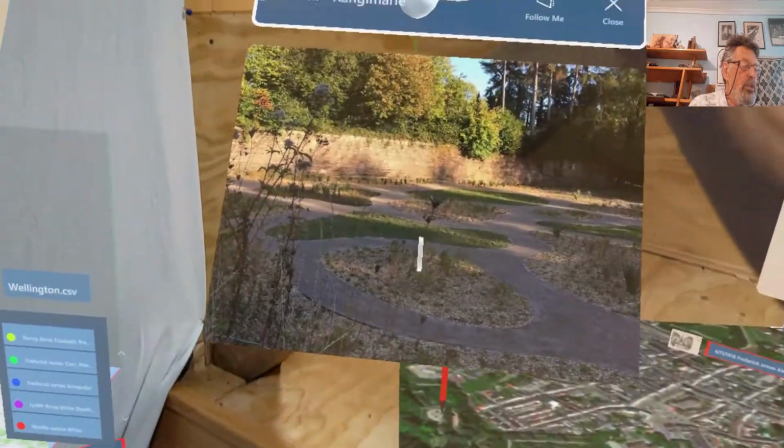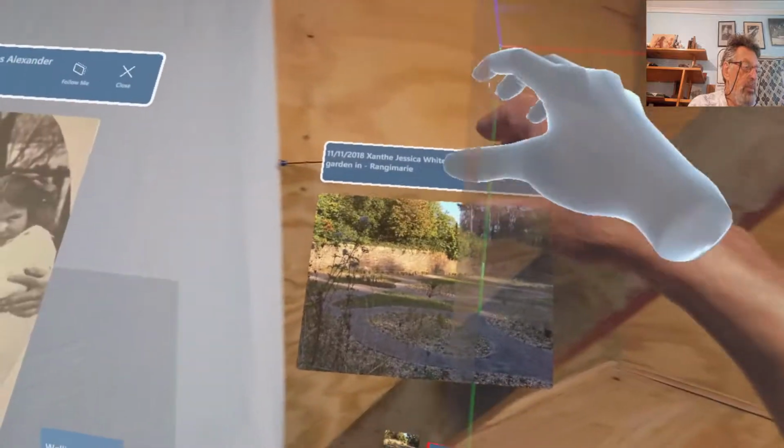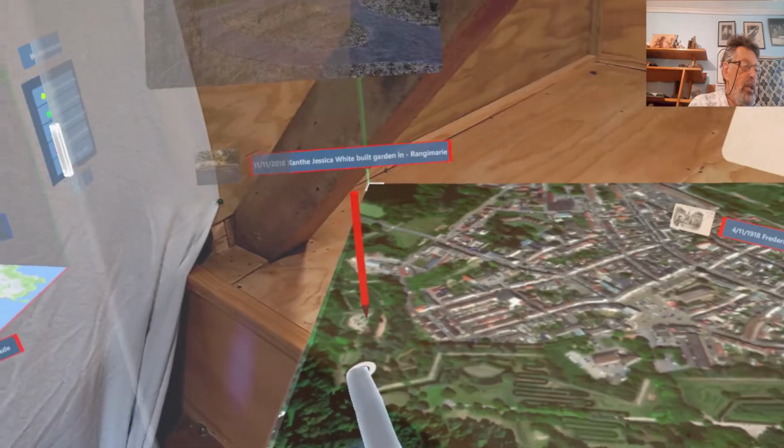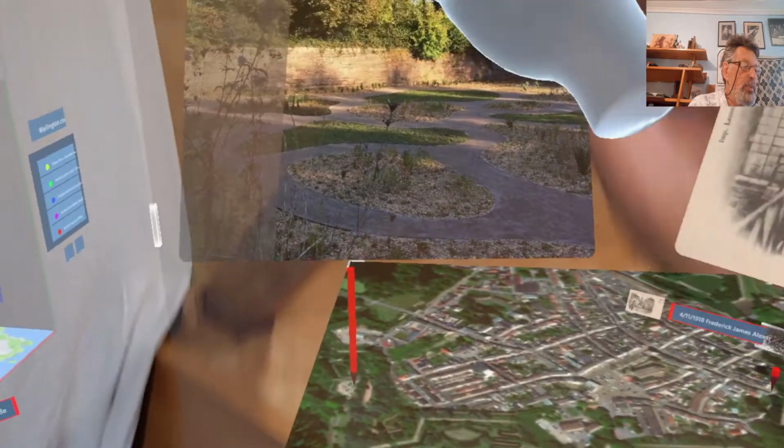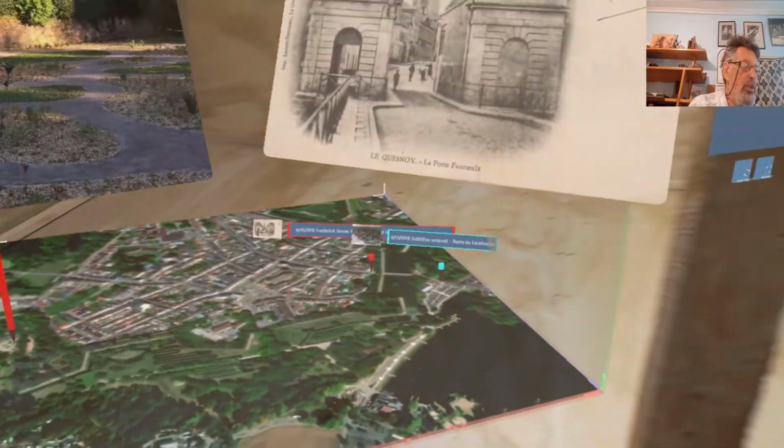Coincidentally, 100 years later, his great-great-grandniece, Xanthi White, was commissioned by the French government to build this memorial garden of peace. At this stage, she knew nothing of her great-great-uncle, and all of this was linked together when research was